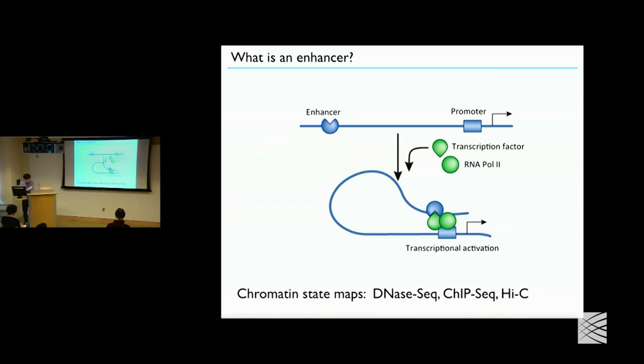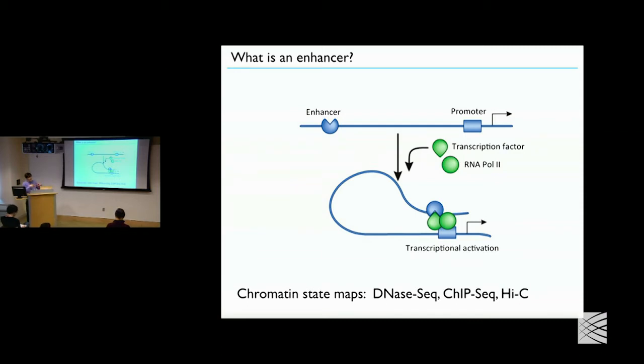Okay, so there are a couple of things that have happened in the last few years that make it at least conceivable that we could solve this across all cell types and all genes. One is the emergence of methods to map chromatin state in a genome-wide manner. There are assays like DNA hypersensitivity sequencing, which essentially measure how accessible any particular region of the genome is.